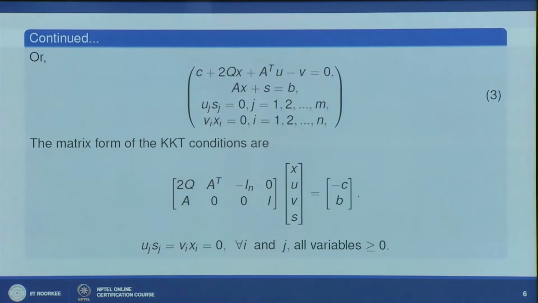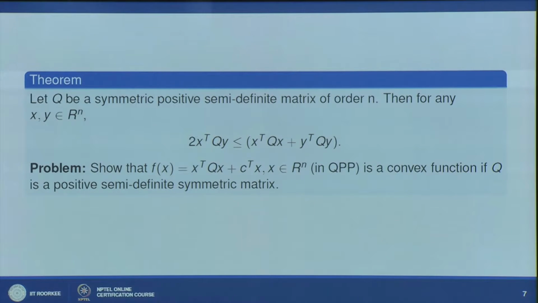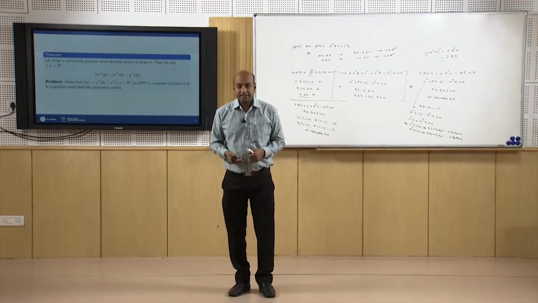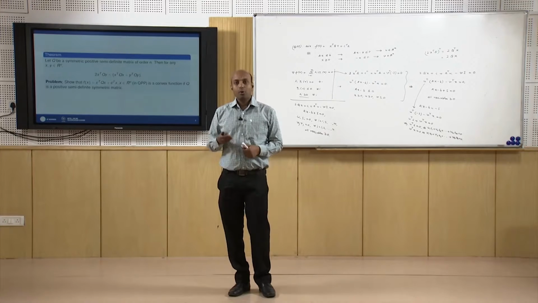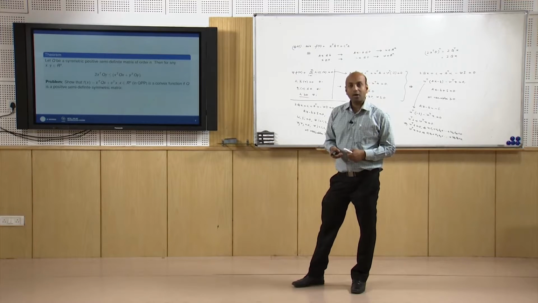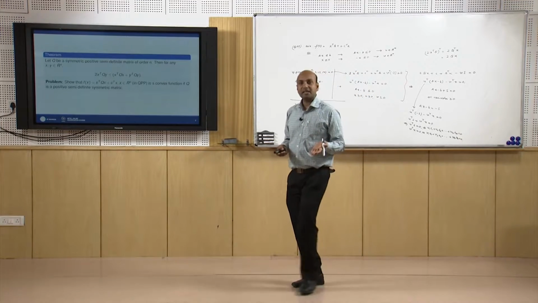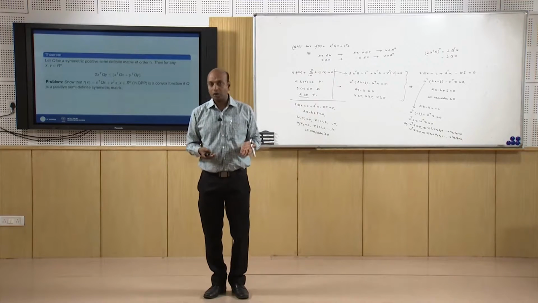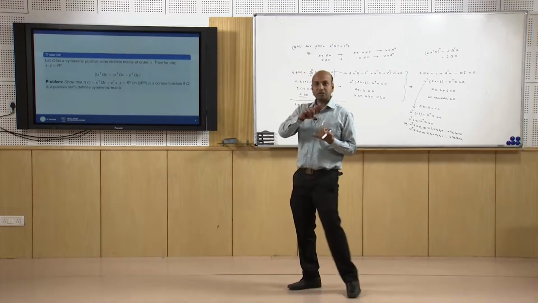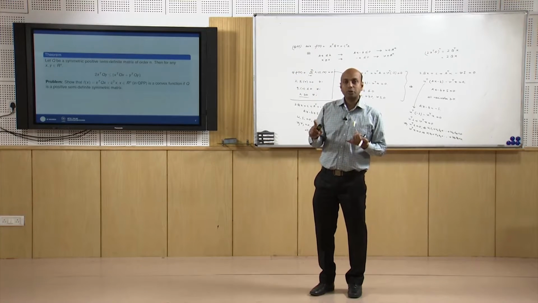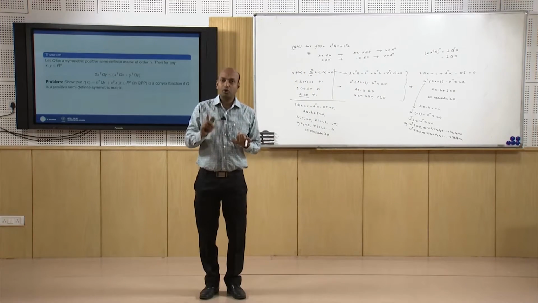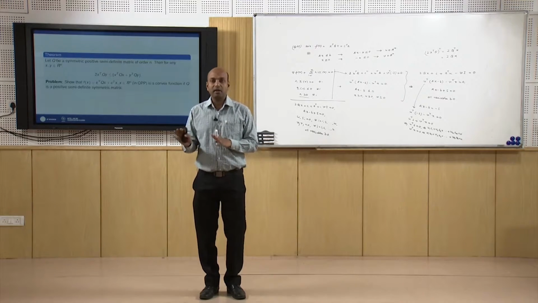Now, the KKT conditions which we obtained for QPP, when will they be sufficient? We have already discussed that KKT conditions are sufficient only when the involved function and the constraints are all convex. If we have minimizing f(x) subject to gi(x) less than or equal to 0 for all i, in this format of a non-linear programming problem, then the KKT condition will be sufficient if f and gi for all i are convex. That is, if we have a convex programming problem.